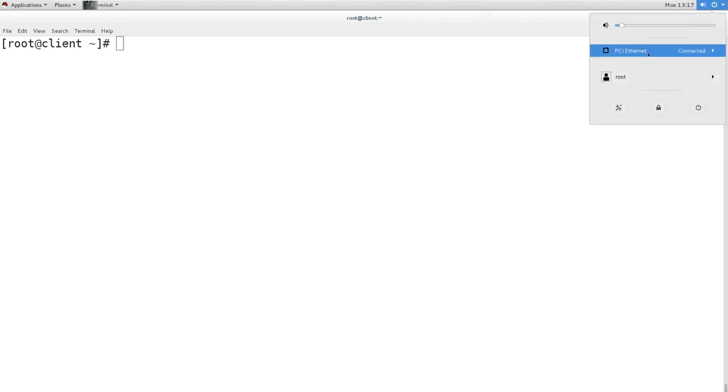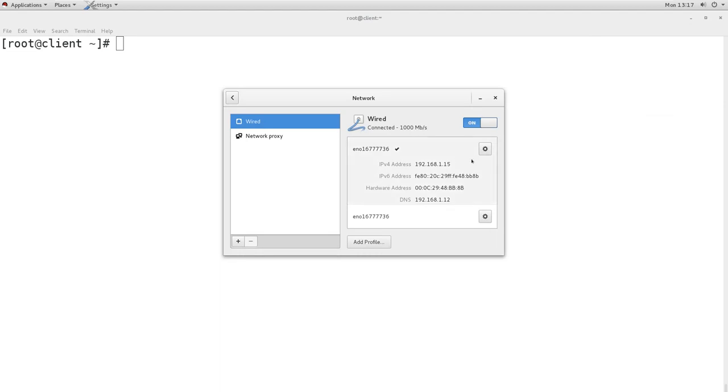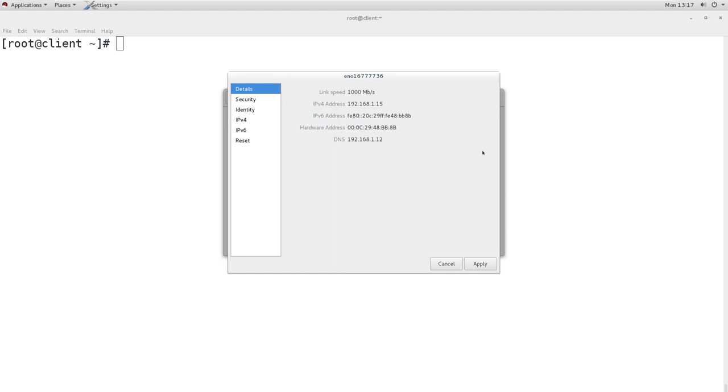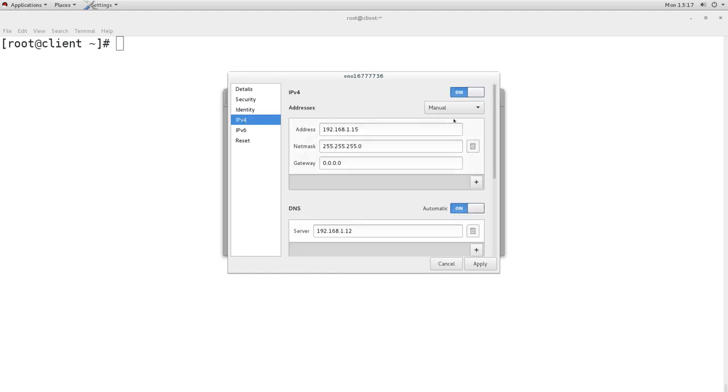Here we have a graphical option to configure. We can go for wired settings, and we can configure this interface, and we can change it to DHCP. Right now it is manually configured, we can change it,